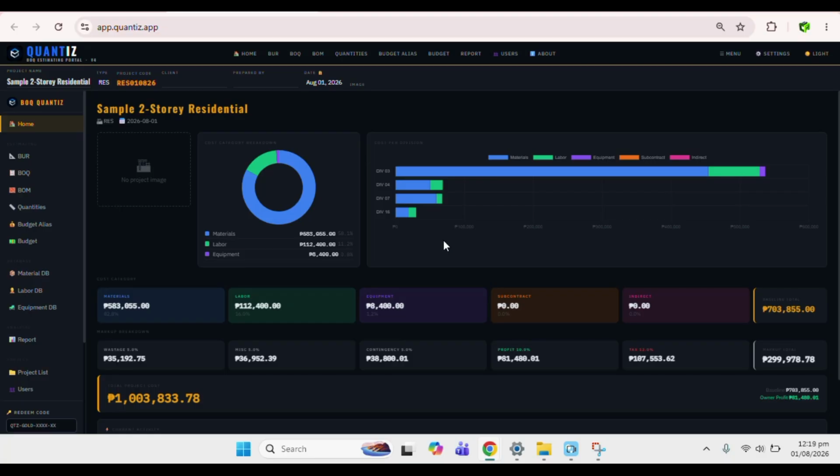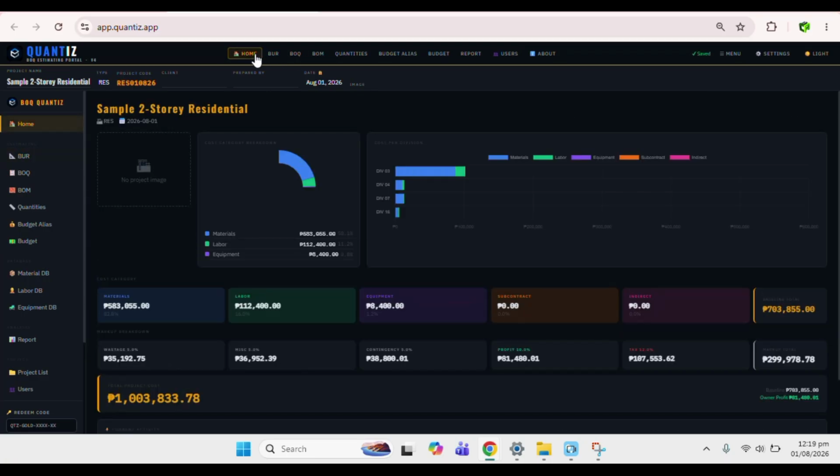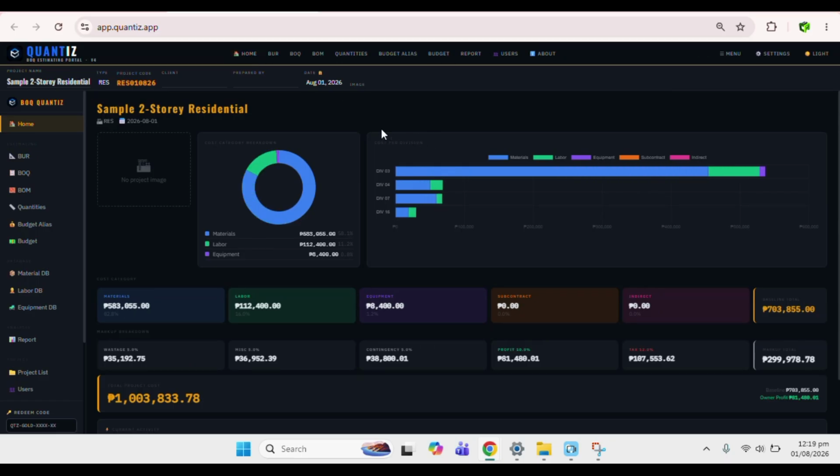When you open the application, you'll be greeted by the dashboard, where you can see the complete cost breakdown structure of your project. In the upper right corner, you'll find a summary of the cost per division. Each division is broken down into 5 color-coded categories: blue, green, purple, orange, pink. In the center panel, you'll see the total value of all costs per category, summed across every division: material, labor, equipment, subcontract, and indirect. This gives you a clear breakdown of your budget and instantly tells you where your project